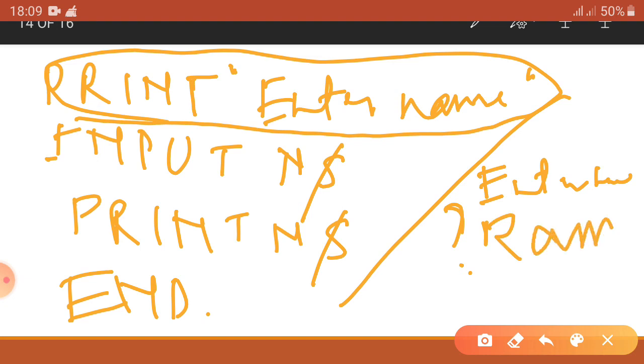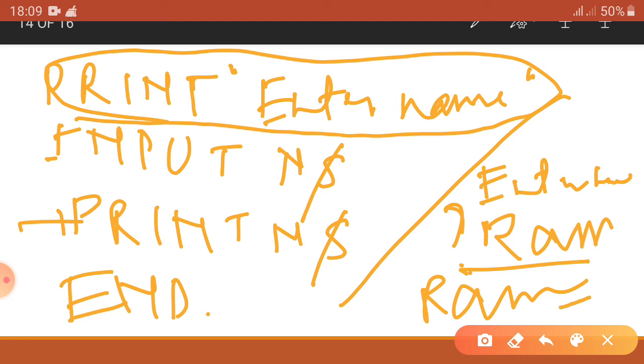Then for the print statement it will show your name, whatever you gave as input, the same input on the output screen. That is Ram. Okay, got it? So here whatever we have done, we are taking the string value at runtime and showing that value on the output screen. Okay, I think it is clear to you.